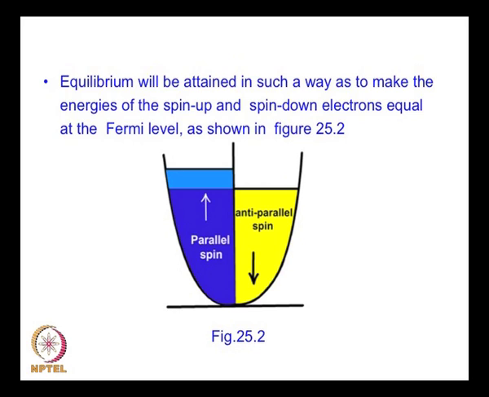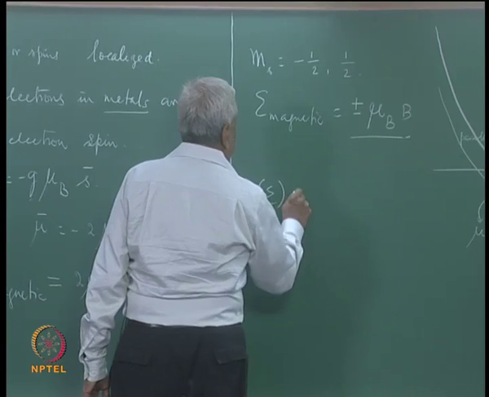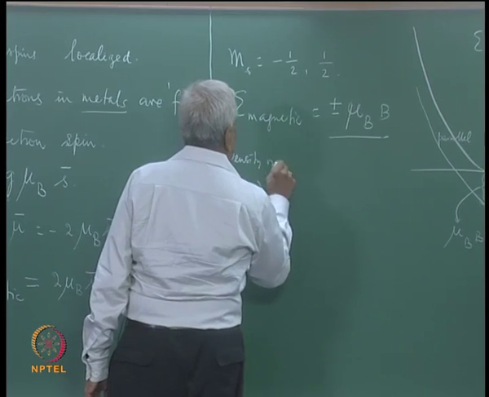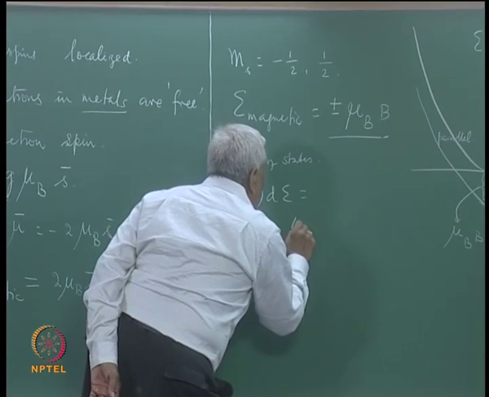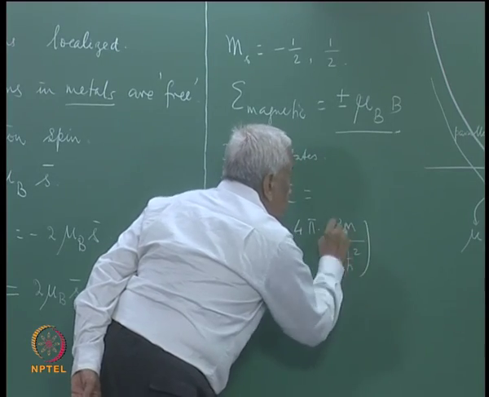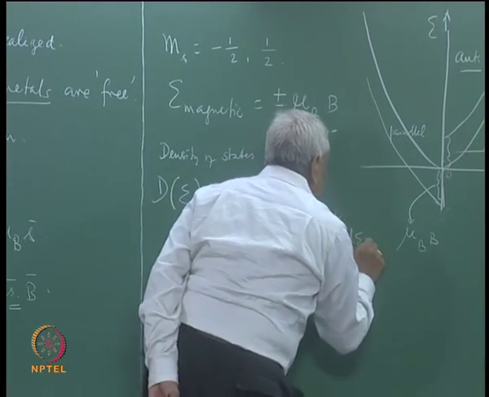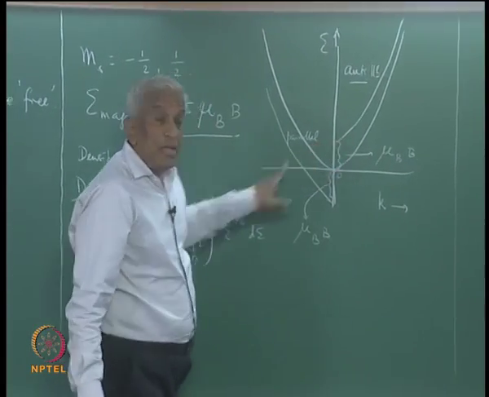So, we have a net magnetization because the density of states of the electrons, dN/dE, is equal to 4 pi into (2m/h cross squared) to the power 3/2 into E to the power half dE. So, if this is E minus mu_B B or E plus mu_B B, the density of states will